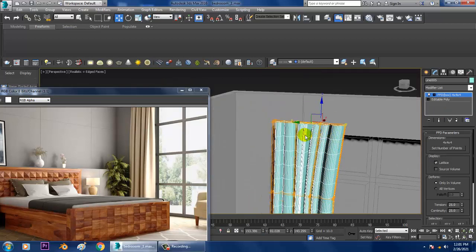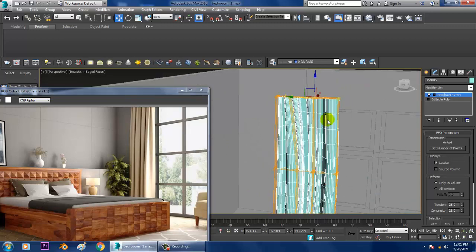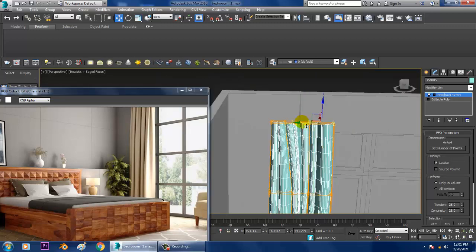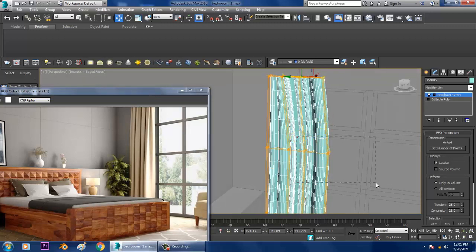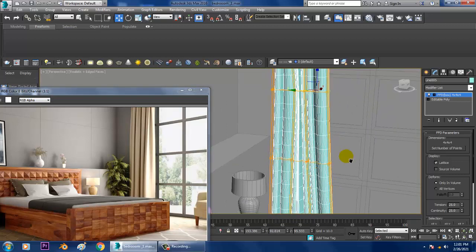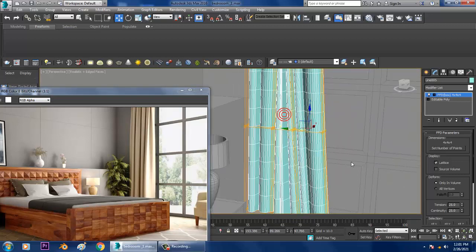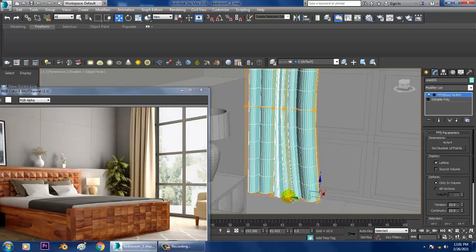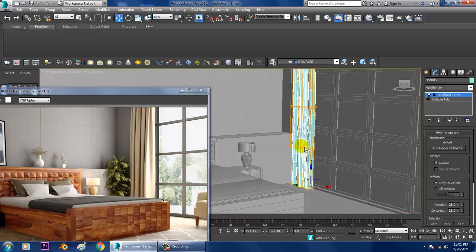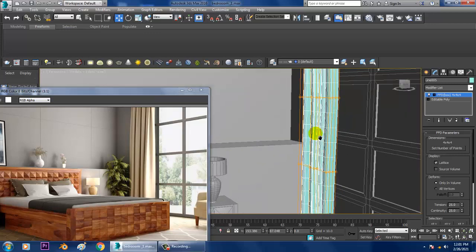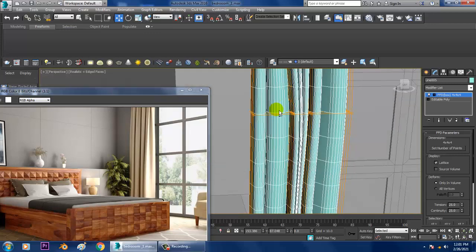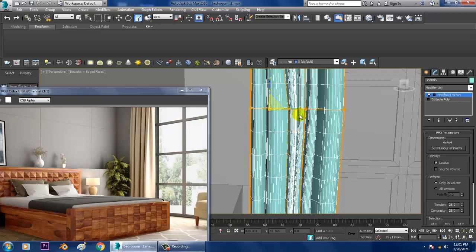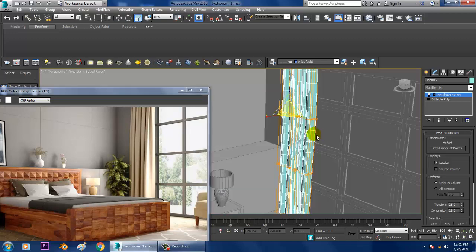If you want to use it, slightly utilize this option. That's a good option over here. Using this option you can easily deform this. So that's a good way to deform it using this FFD box option.